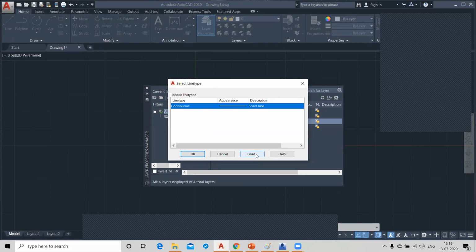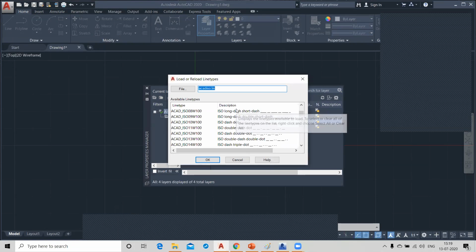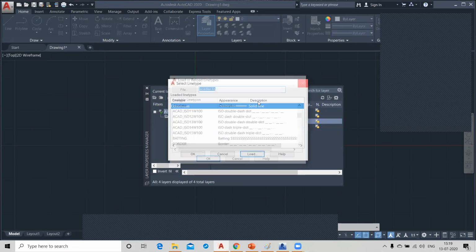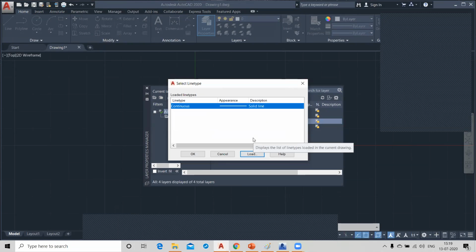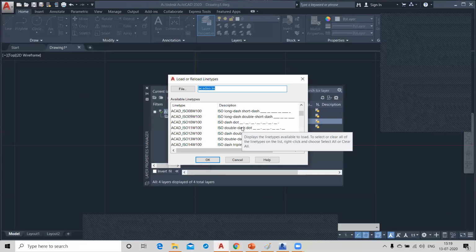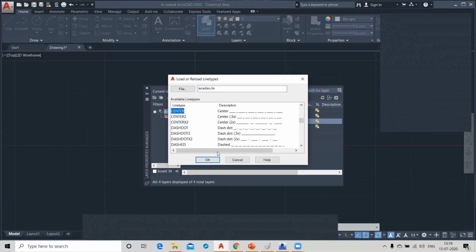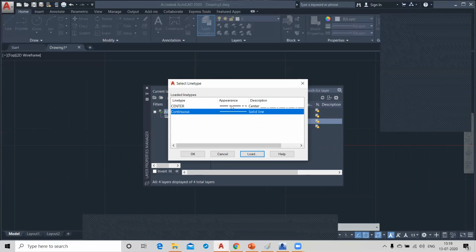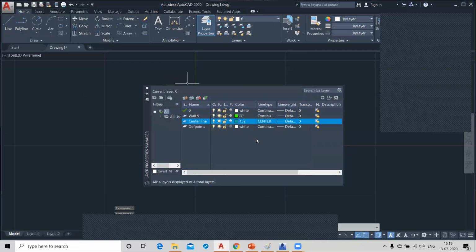You can click on the load. Center line means your center line diagram. You can click on the load button, and in here we have the center line. So this is your center line. Select this and click on OK, right?